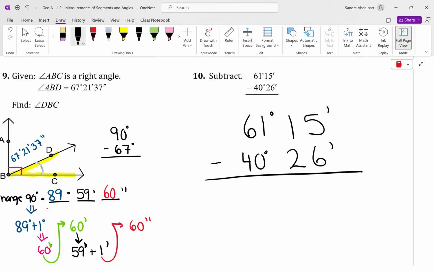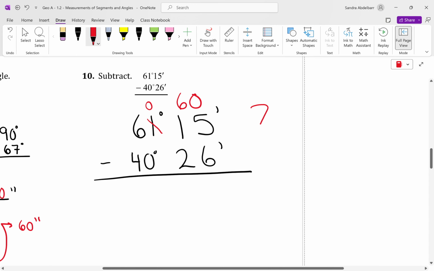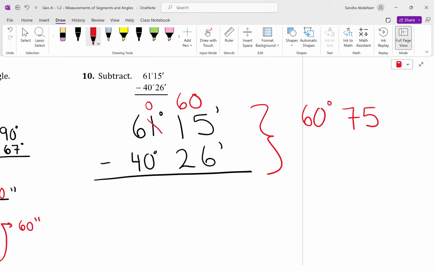But be very careful. Now, this is minutes and this is degrees. They're different sort of measurements. So what I'm going to do is borrow from the degrees. So I'm going to borrow 1 degree. But I'm not going to add 1 to the 15. I'm going to add 1 degree to the 15, which is really equivalent to how many minutes? 60. So we're not adding 1. What are we adding? 60. Does everybody understand why I added 60? All right, so now we're going to have